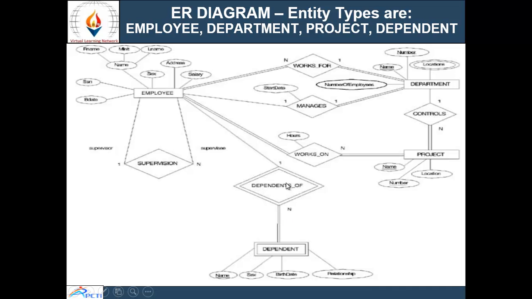Dependent depends on employee, and dependent has some attributes like name, gender, birth date, and relationship. This is the ER diagram of employee, department, project, and dependent, in which multi-valued attributes are displayed, primary keys are displayed, total dependency and cardinalities are shown.